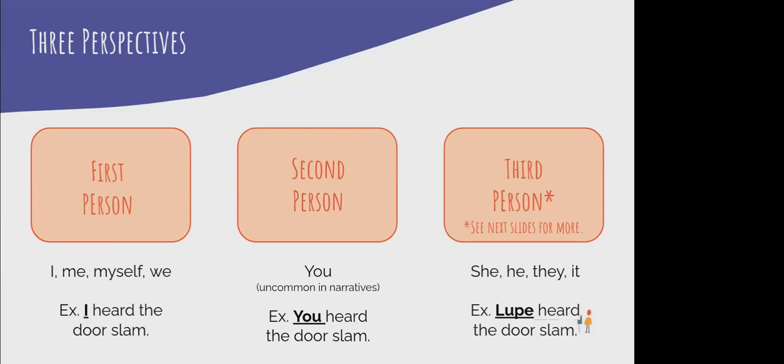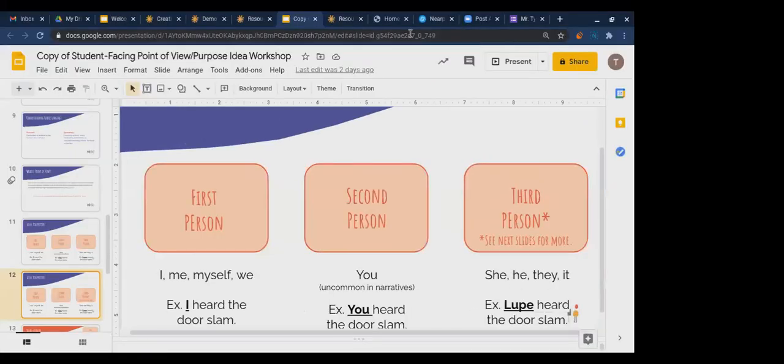So, does anybody know what one of them or both of them are just off the top of their head before we look at some examples? Anybody know what I'm talking about? Has heard of any of this before? Different types of third person narration or third person point of view?